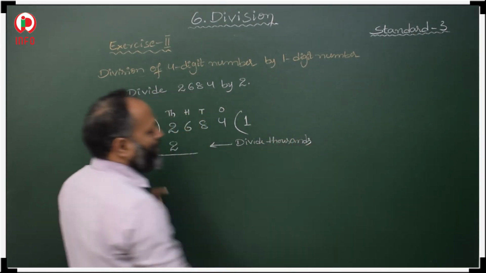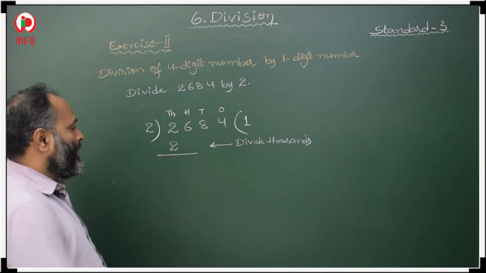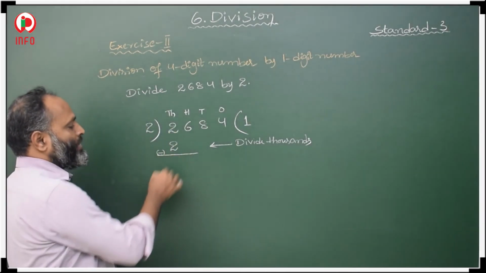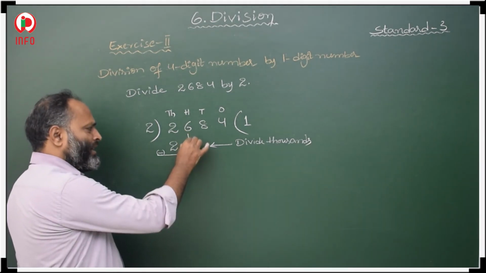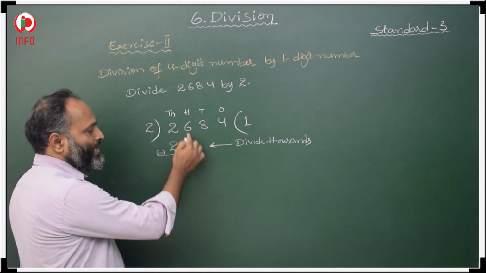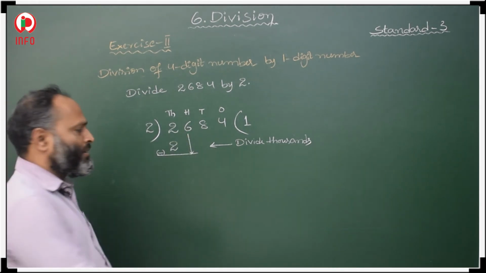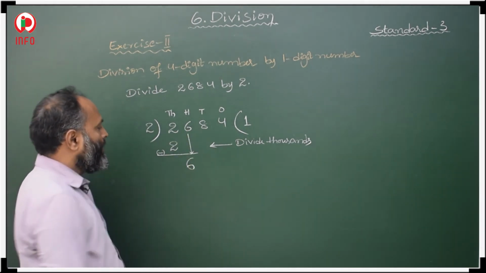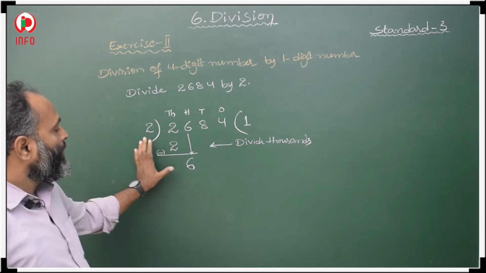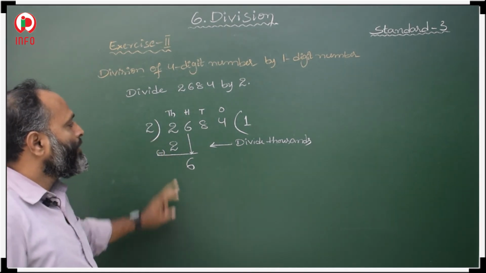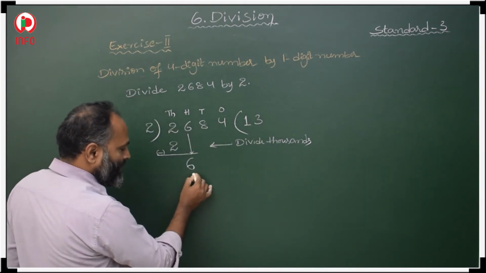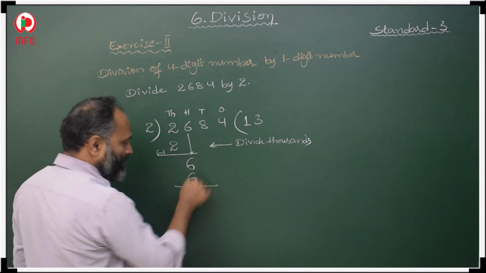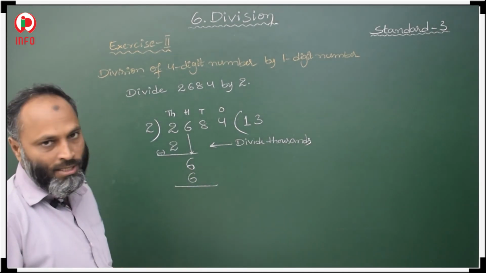First you have to divide thousands, then 2 minus 2 is 0, no need to take 0. Then after that, hundreds, we have to take 100. What is there in 100? 6, that we have to copy. In the 2 table when you get 6: 2 threes are 6, that 6 we have to write below, in the 6 place.